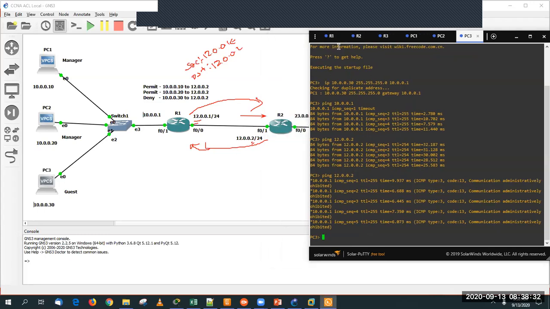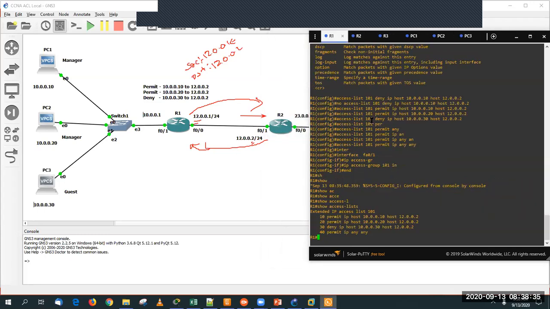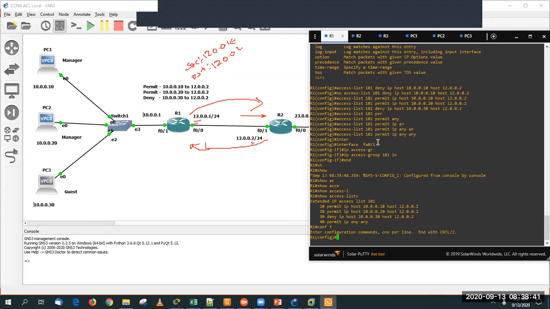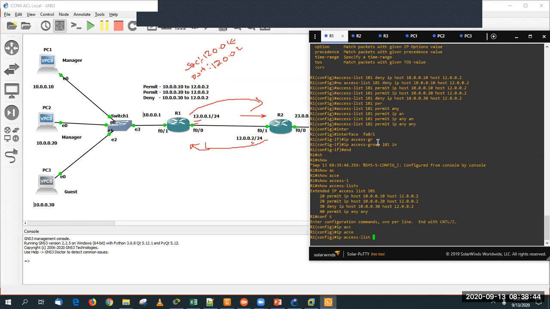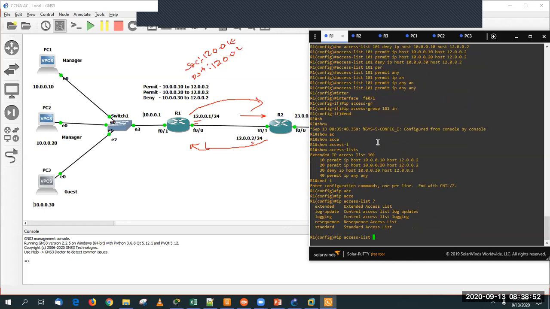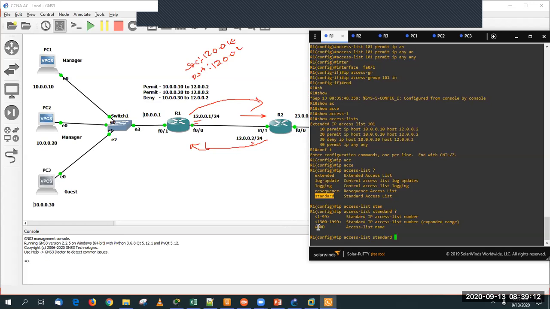Okay, so this is all about your numbered ACL. Now named ACL is simple, guys. Same command, just you have to use a command starting with IP, and the rest of everything is the same, like ip access-list. Because I'm going to write a named ACL, you have to define whether it is standard or extended using the keyword standard or extended. Because in a numbered ACL, based on the number you use, my router can understand whether you're writing a standard or extended. But when you're going to use a name, it doesn't know whether you're writing a standard or extended. That's why you'll define maybe standard.